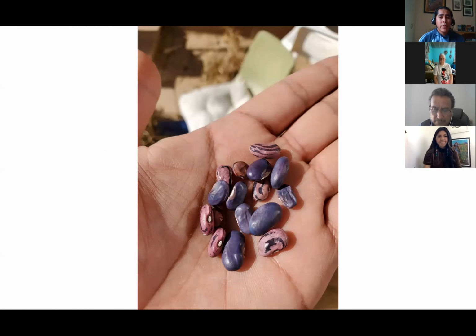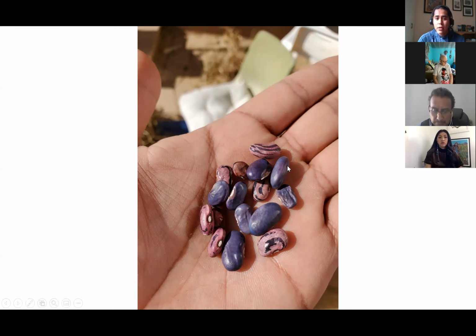And sometimes when you're going through your beans, when you're going through any of your seeds, you'll find some seeds that will kind of just surprise you. These ones here, we didn't plant any sort of purple beans. And for some reason, I found these in one of our plants. So, you always want to pay attention to your seeds and what's coming out of your field. And sometimes you'll find old varieties growing within your own seed stock, and you won't even really know until you go through your seeds and process them.